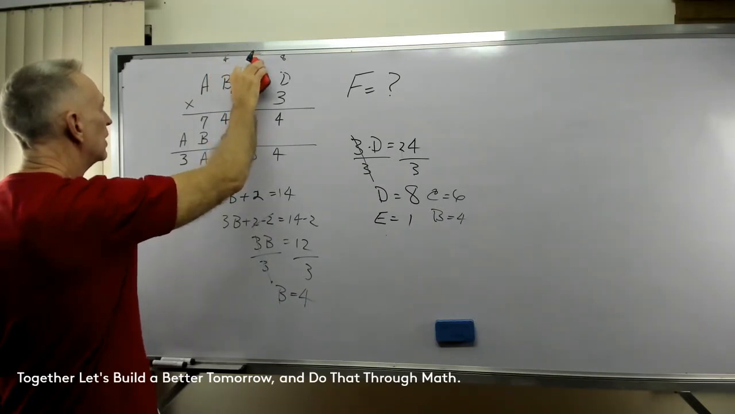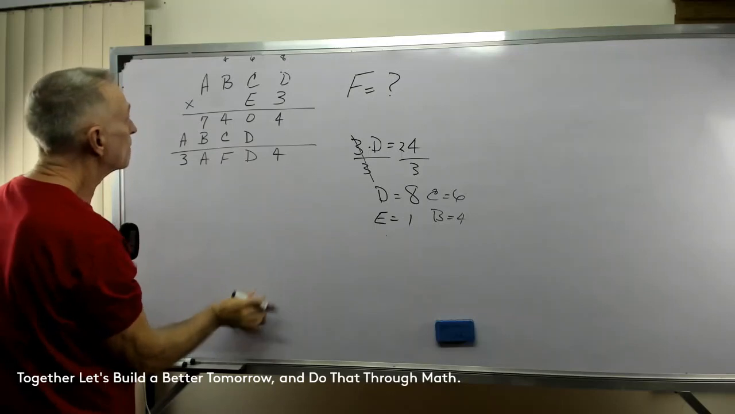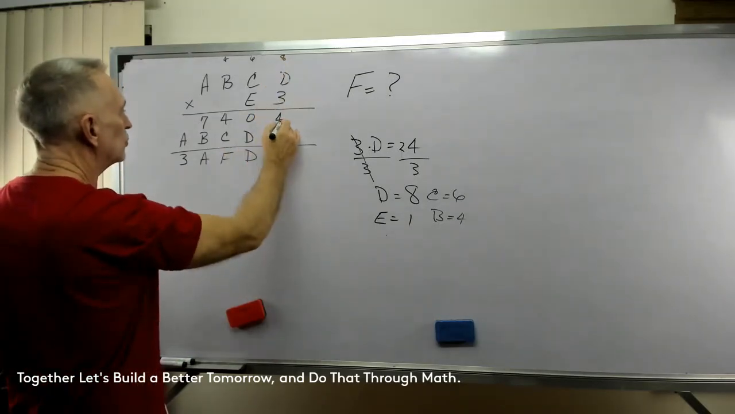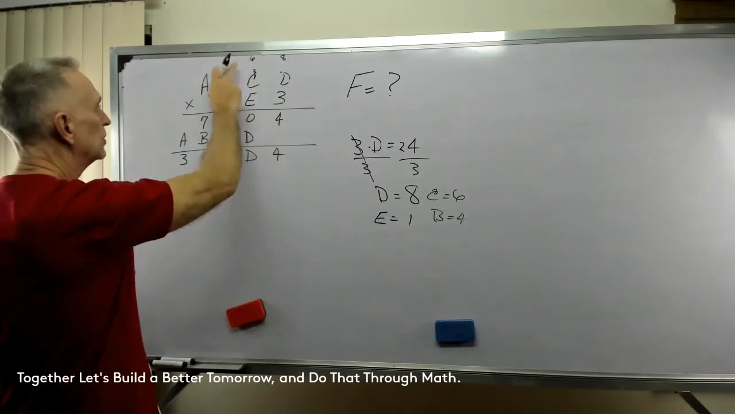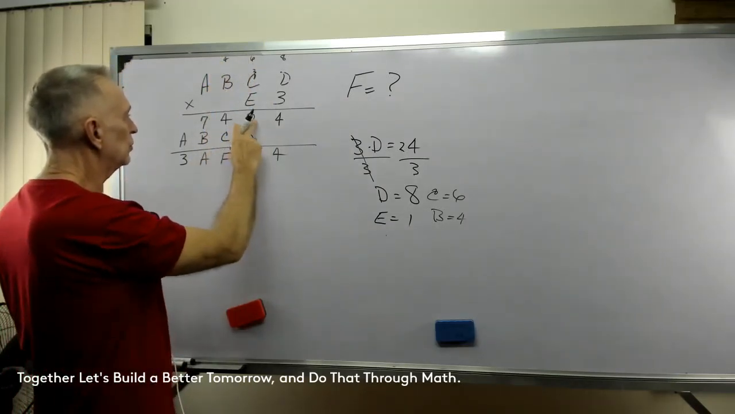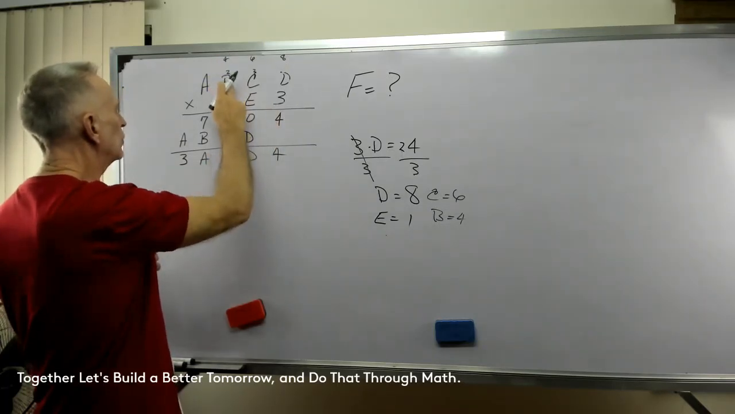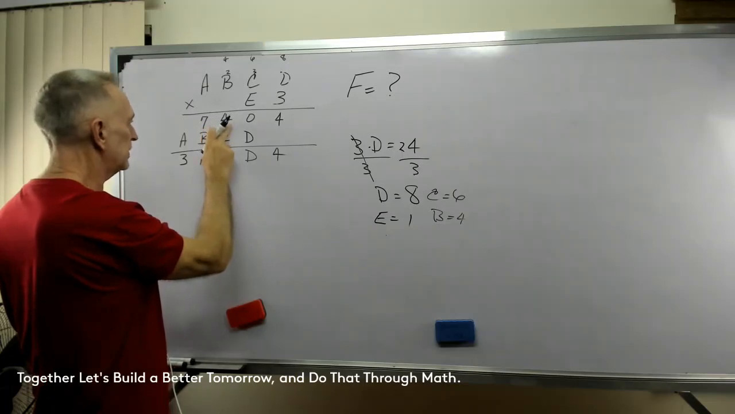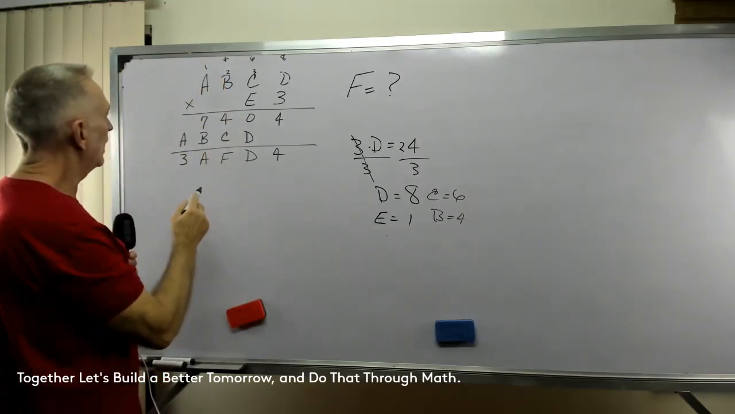Okay. Now let's walk back through it again. 3 times 8 is 24. Carry the 2. 3 times 6 is 18 plus the 2 is 20. Carry the 2. 3 times 4 is 12 plus 2 is 14. Carry the 1. Now I have